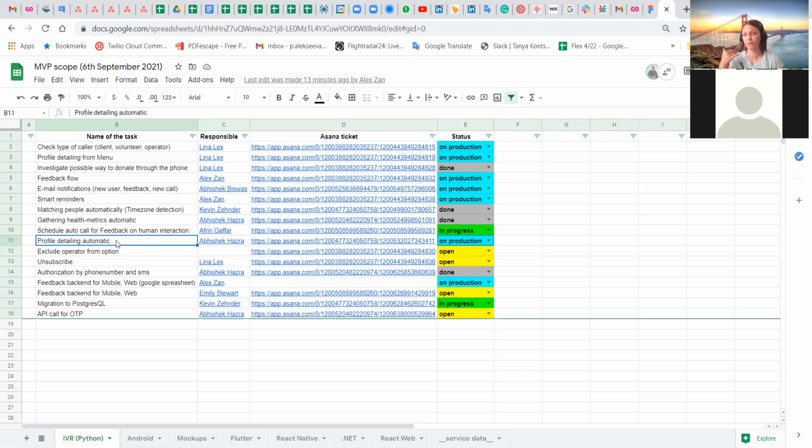You will just get a call from our system and you just have to leave some information. If you want to test it, okay, just let me know your open window of time, when you are free and can answer for our system. Our operator will call you automatically and ask for profile details. For example, the first question will be about your gender, date of birth, and